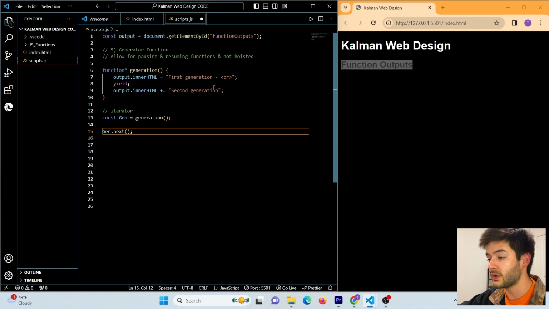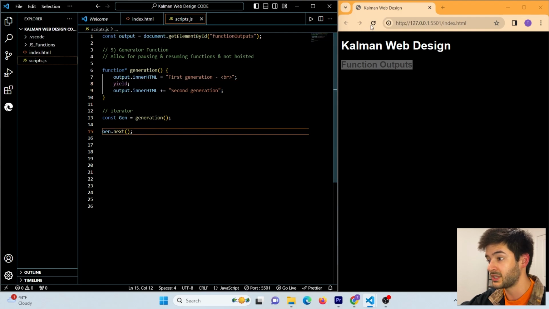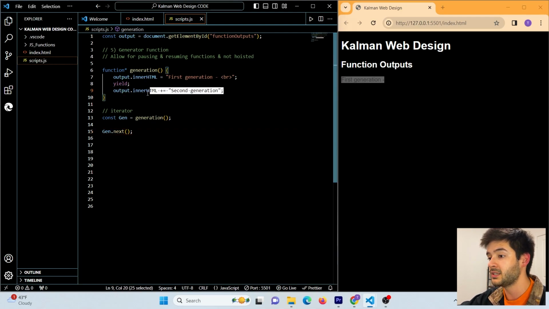And what this is going to do is run the first line in our generation function here, and then it's going to pause wherever it sees this yield keyword. So we'll save and refresh, and now you guys can see it's printing first generation with our dash, but it is not printing our second line of code within our function here because our function is currently paused